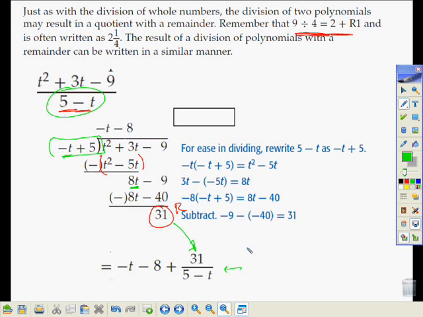So that's basically how we do long division. Now, what's next is called synthetic